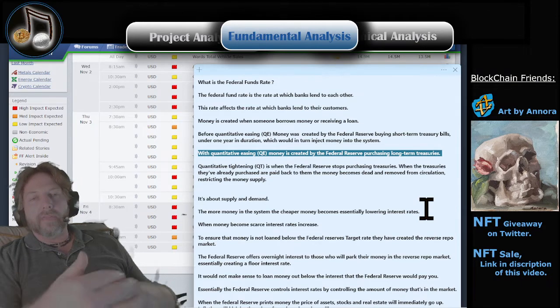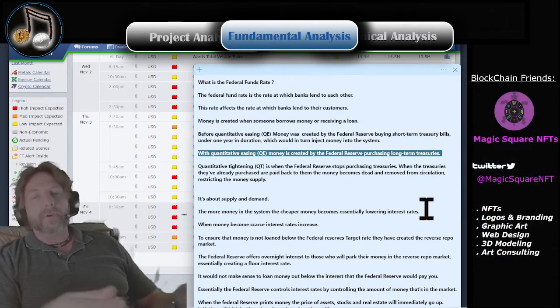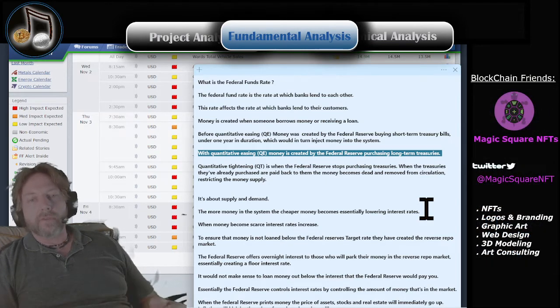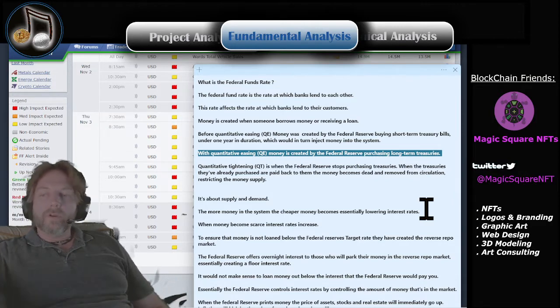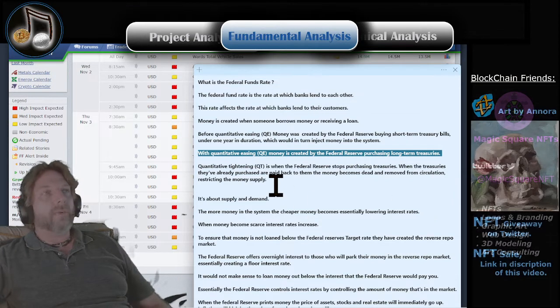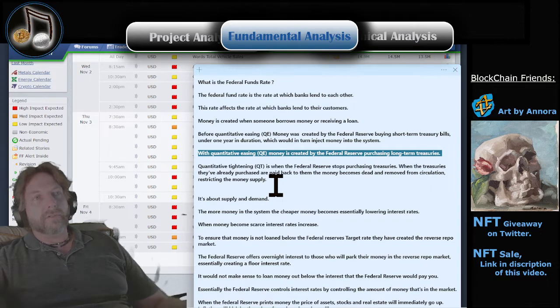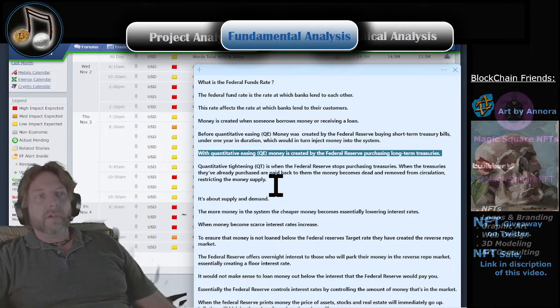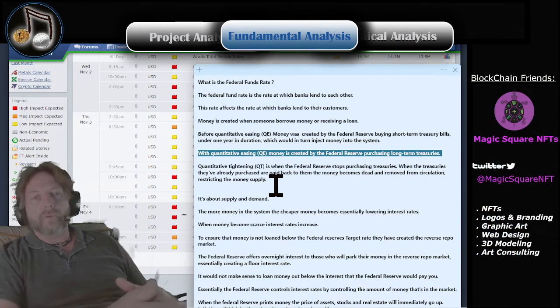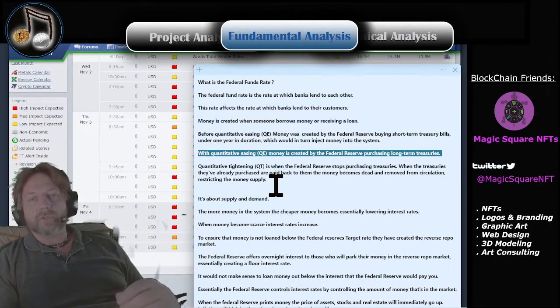And that's how they would inject money into the system, by printing money and buying government debt with it, right? Or other debt, but mainly government debt. Well, when you want to tighten, what happens is they stop buying these treasury bills. Okay, so they're just going to say, look, we don't want to inject any money into the system, because the more money injected into the system creates inflation,